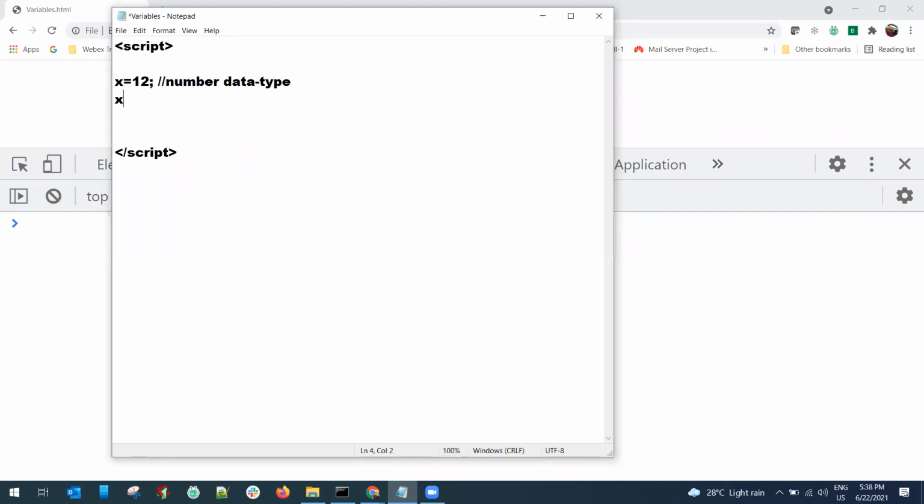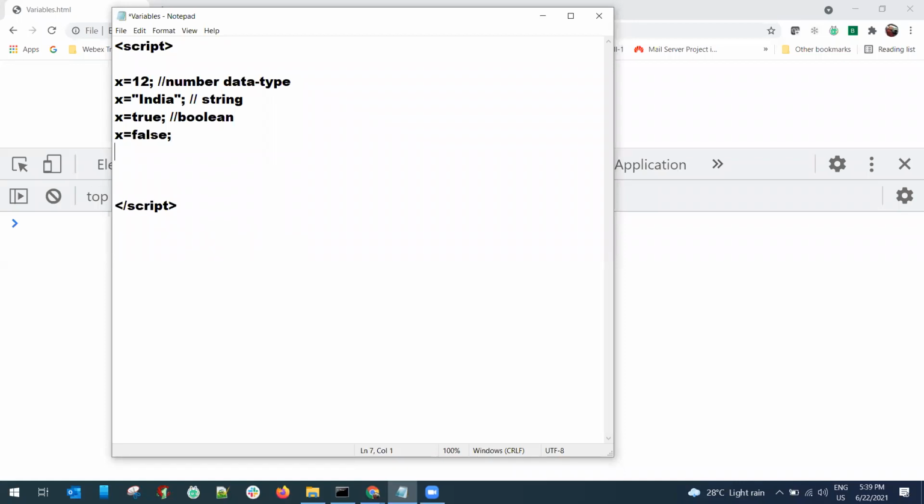Now, if I store x is equal to double quotes, now this is a string. In JavaScript, there is no character concept. There is only string, whether it has one or more than one. x is equal to true, it's Boolean. x is equal to false, Boolean.